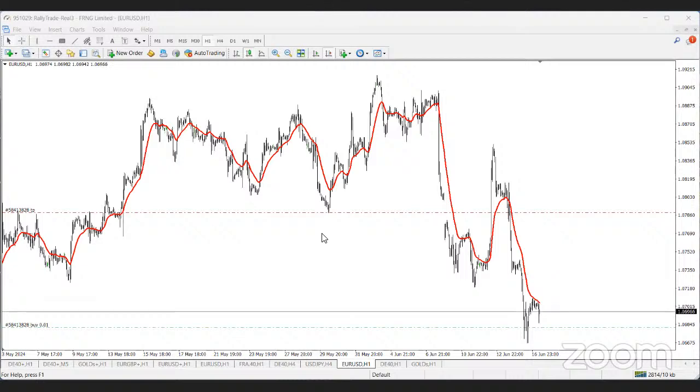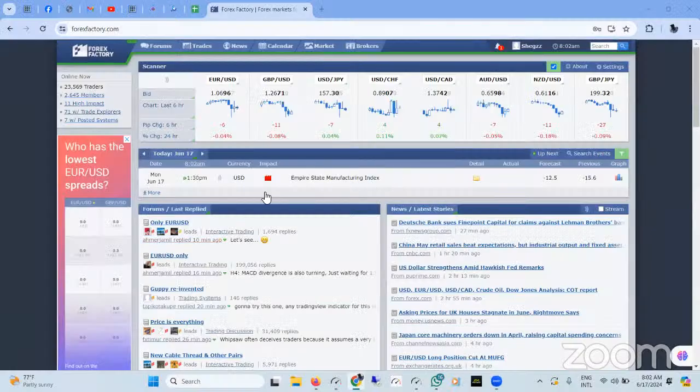So this is what I have concerning Forex Factory. Today is Monday, and what we see is the Empire State Manufacturing Index coming up by, I think, 1:30 p.m. This is important news because the folder is red, so you might want to trade around that time. I'm not sure this could make a lot of impact, considering today is a holiday in Nigeria, and some possibly Muslim countries in the world may also have the same holiday. I'm not 100% sure.